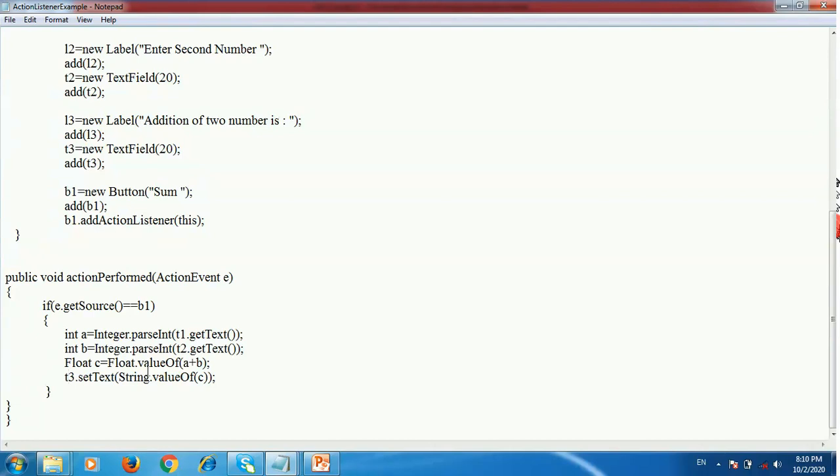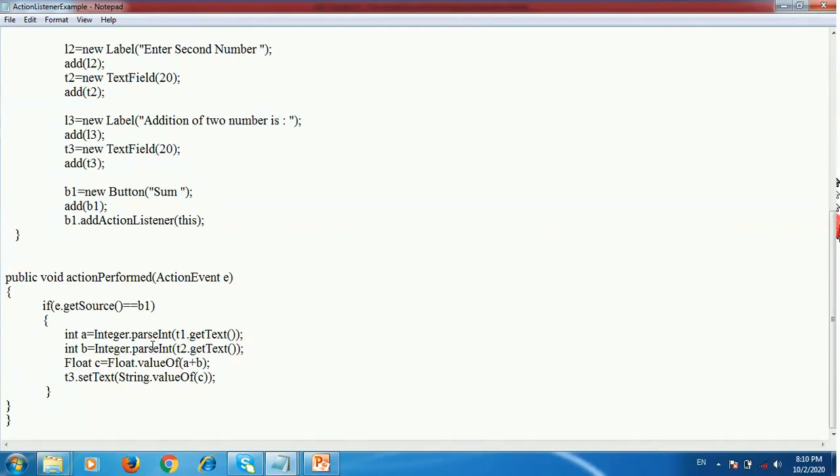So our output is displayed in text field 3. When you click on the button sum, at that time the total addition of the two numbers is displayed in text field 3.